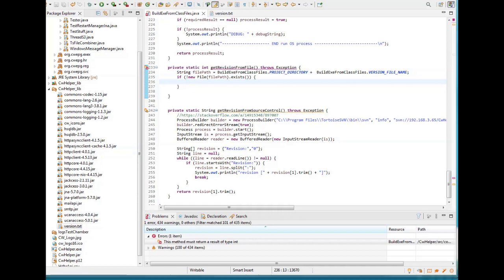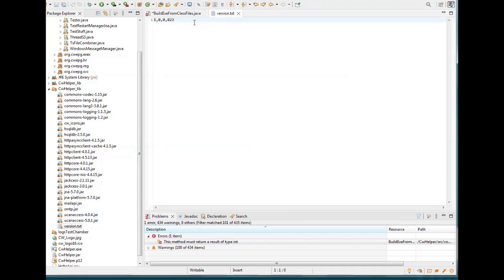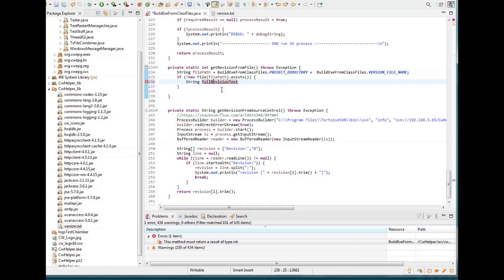So what we want to write out is going to be kind of full revision text, because it's got this 5,0,0 in front of it. So full revision text